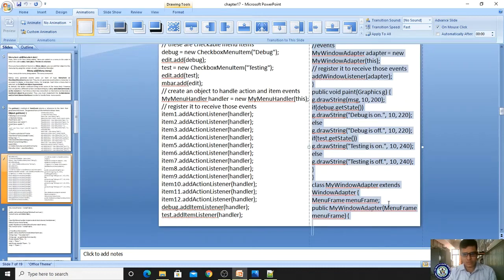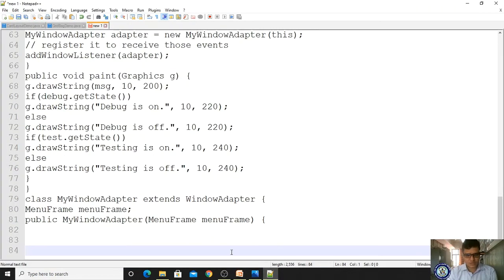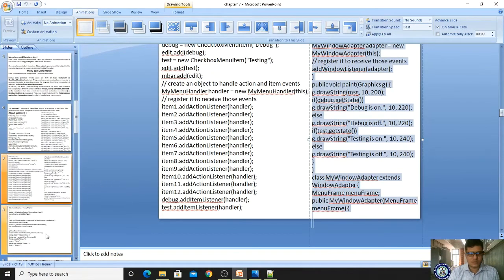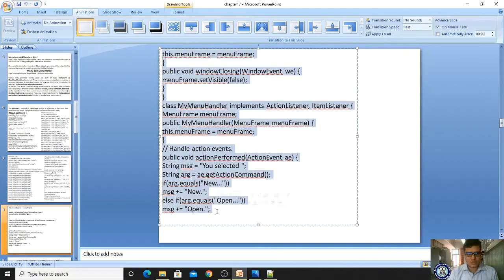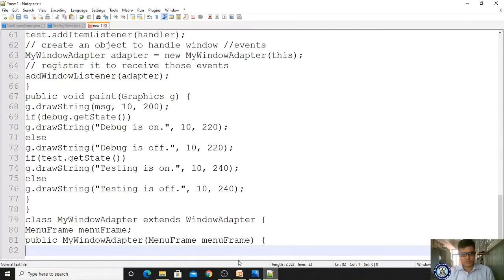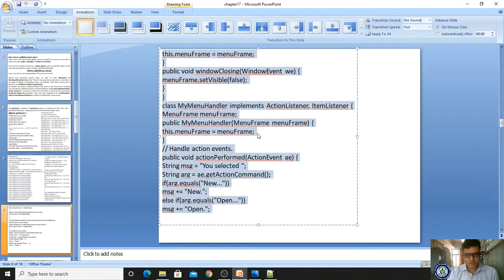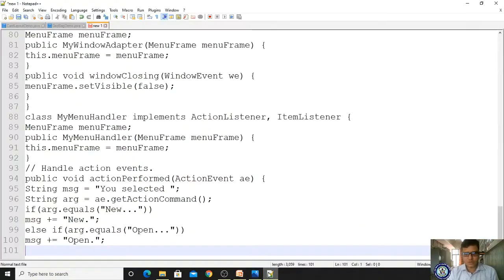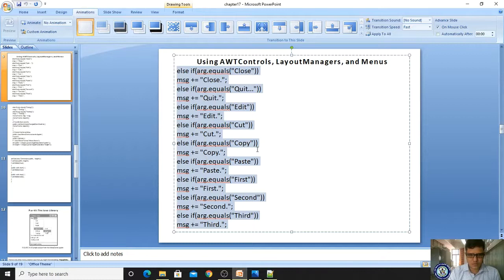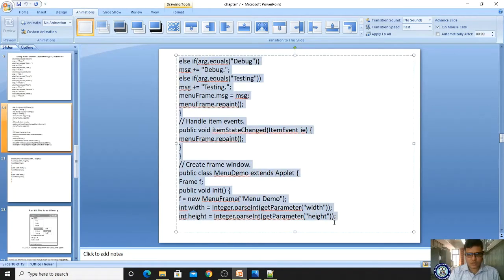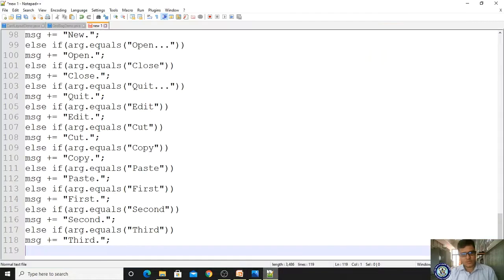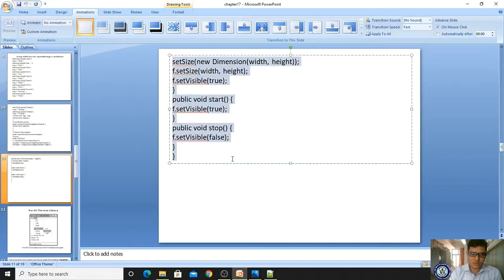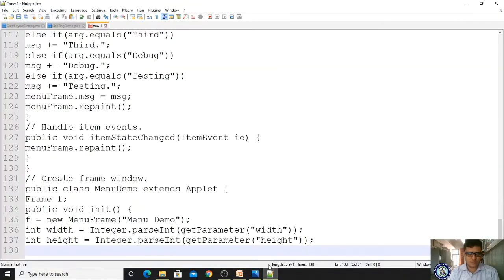Copying and pasting, copying and pasting, copying, pasting. So this is your simple program.